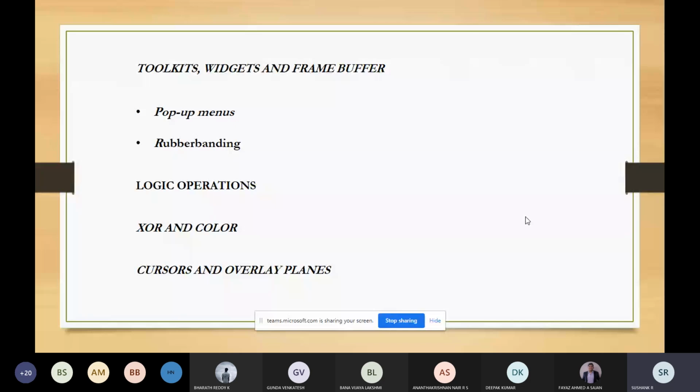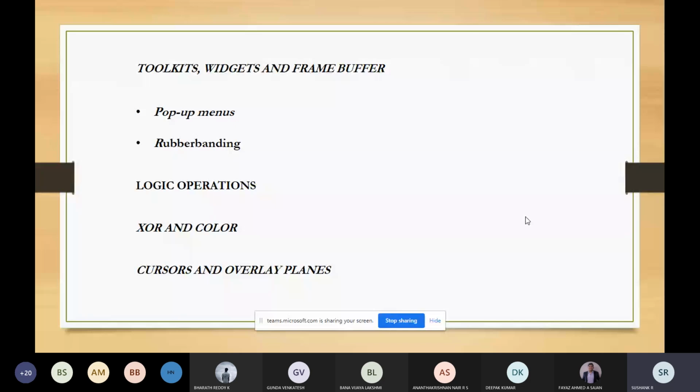So this will be my source pixel, and this will be the read pixel. So what is this diagram doing? It is writing the source pixel into the destination pixel, which is nothing but the color buffer.